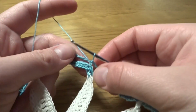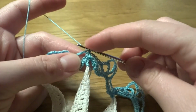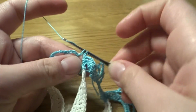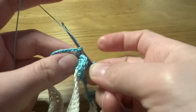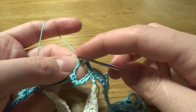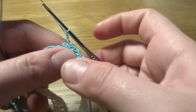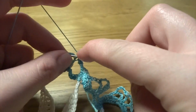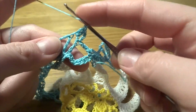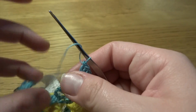Now we've got round 10, so I've done slip stitch into the first chain. Now we need to work slip stitch into the next 4 chains. 1, 2, 3 and 4, and then slip stitch into the first double crochet. Chain of 3 as a double crochet, and into the chain 3 space we will work 2 double crochets, 1 and 2, 1 double crochet into the treble crochet, and into the chain 5 space we need to make 3 double crochets,